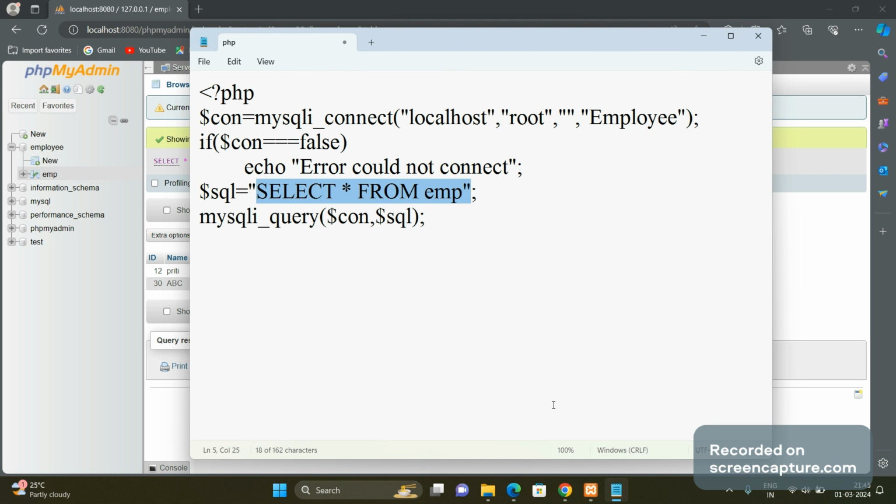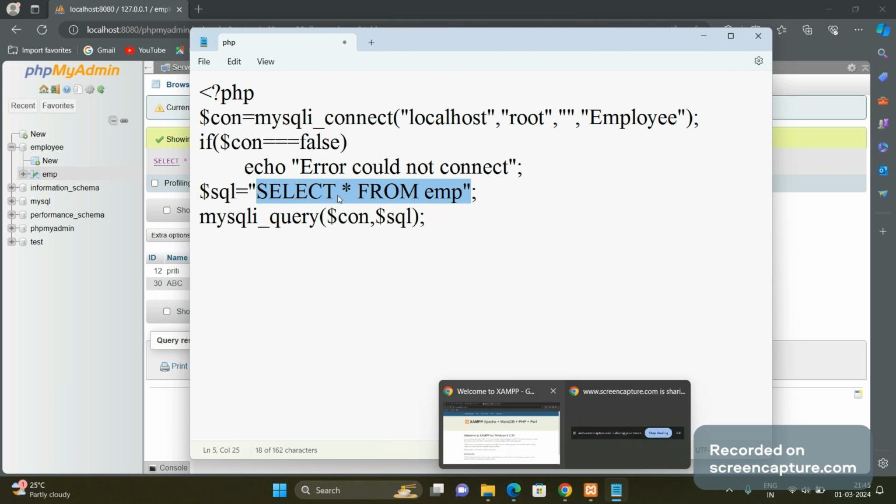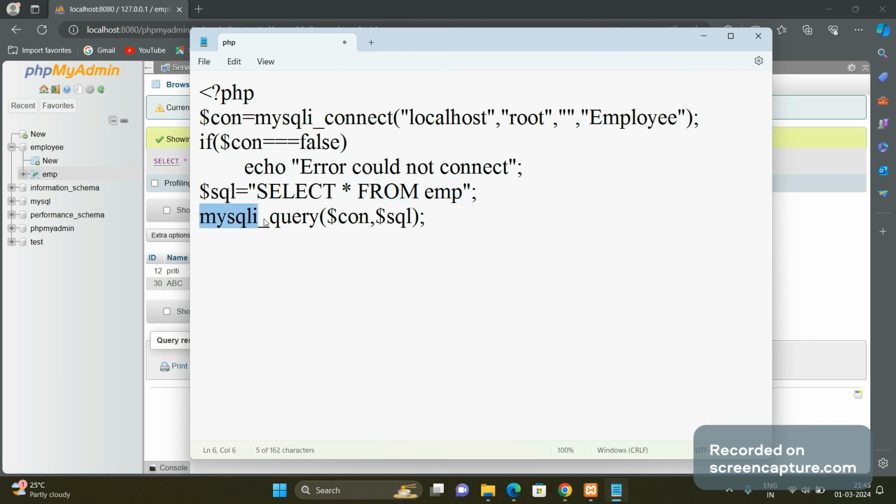So we have to check whether, after executing this select query on the EMP table, we get anything in the $result variable, and if this query is successfully executed,